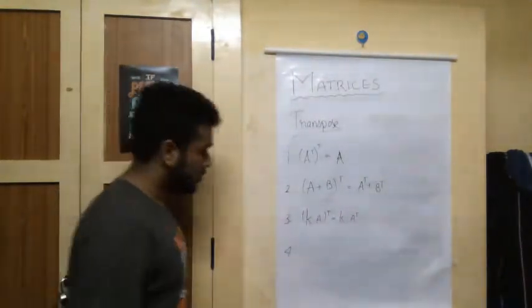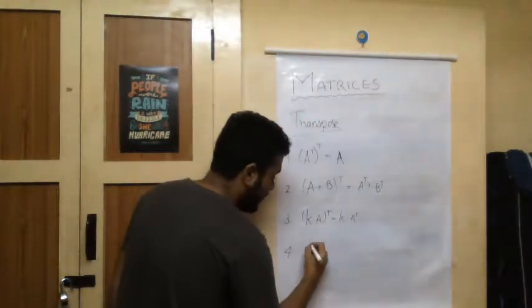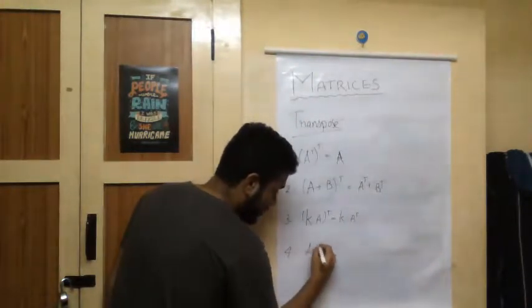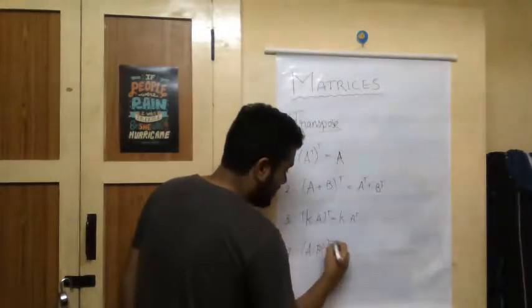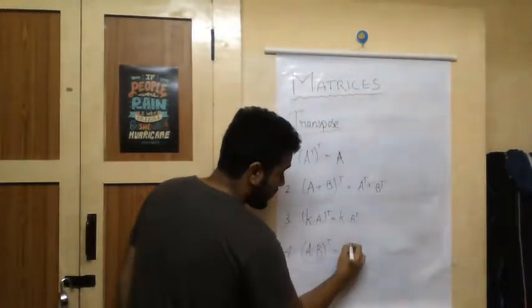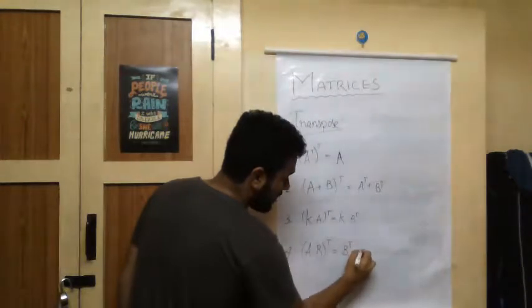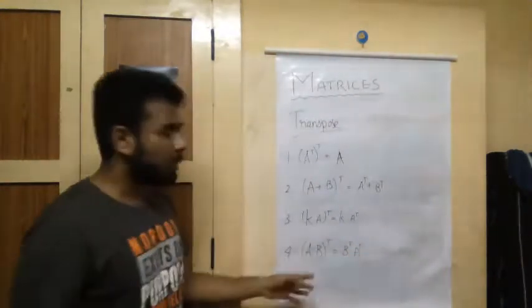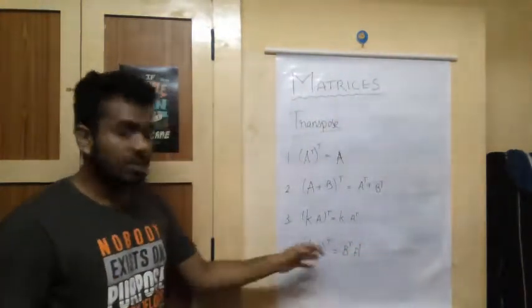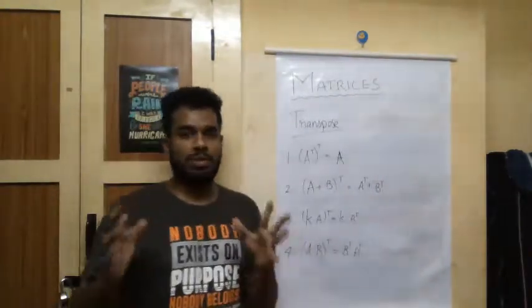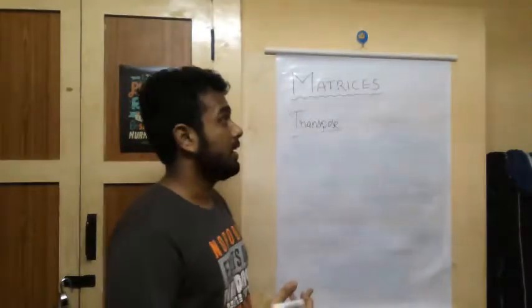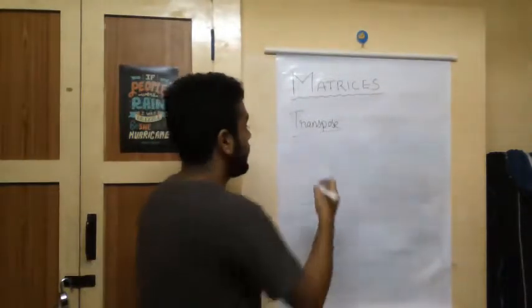The fourth one is the most important one. It's when we have two matrices which are multiplied. So if it's A into B, the transpose of this is actually the reverse notation, B transpose into A transpose. So (A into B) transpose is B transpose into A transpose. But why is this? When we're multiplying A into B, clearly just visualize this. So an explanation for this would be